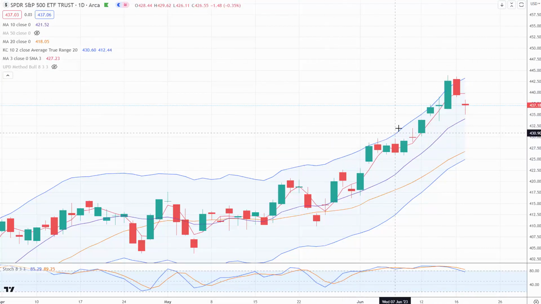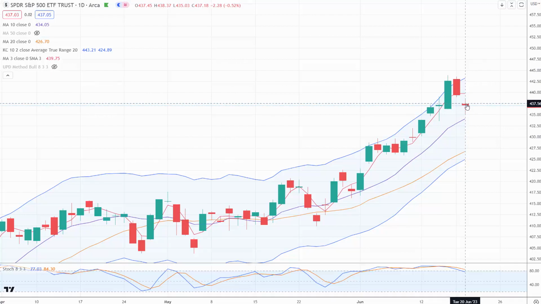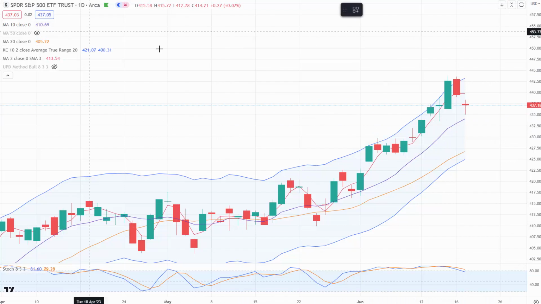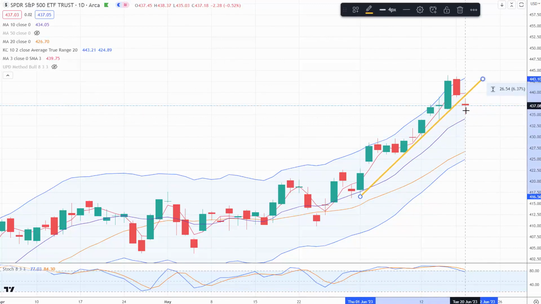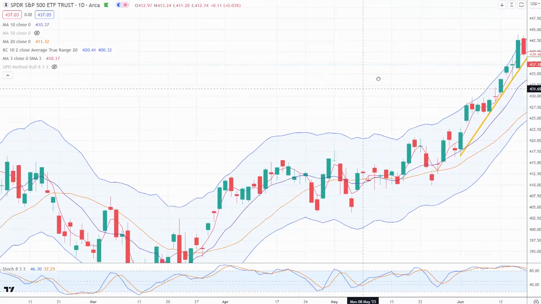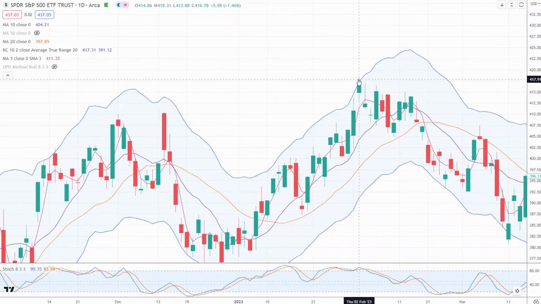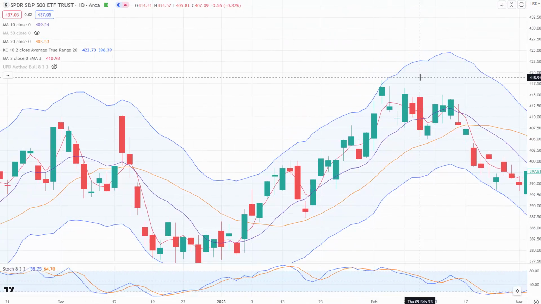And typically when the SPY runs into the upper Keltner band or upper Keltner channel and then closes significantly lower the following day, that's a kind of formation that precedes bearish moves for the SPY. The last time this happened here, well, first let me draw this trend line to show you what I'm talking about. You can see that the SPY took out its trend line. We start at the low here, June 1st, connecting as many lows as possible, and certainly the SPY took out that trend. But the last time it did this, we go back here all the way to February 2nd, 2023,